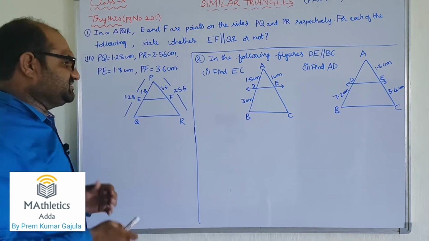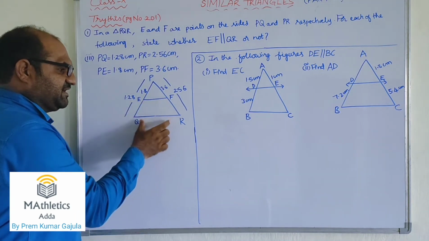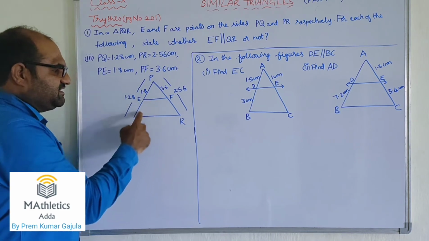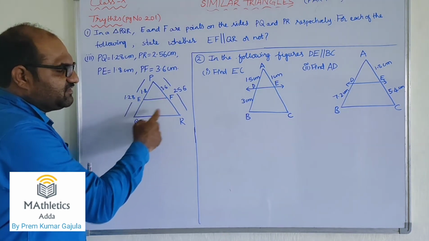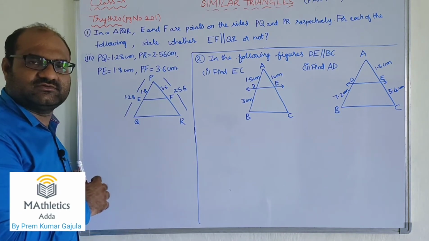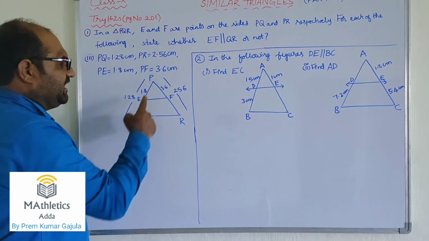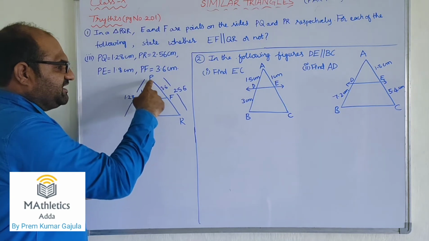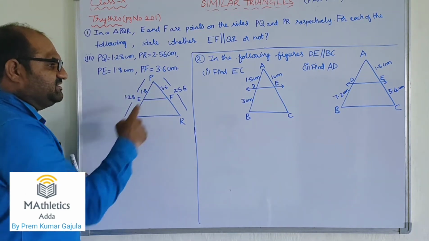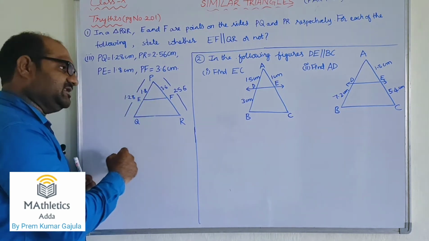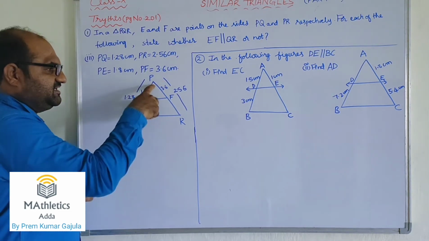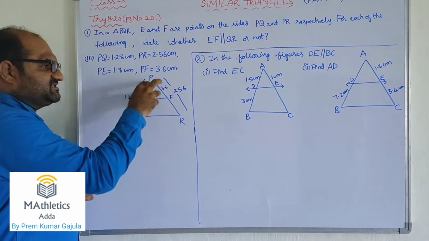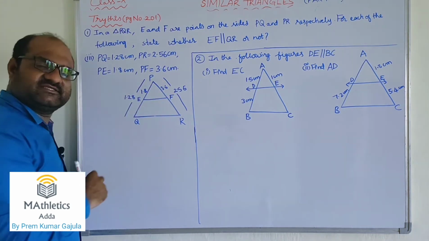So we have one more condition, that if this EF is parallel to this, then we will get these two angles equal. Why? Because they are corresponding angles. Similarly, these two angles will also be equal. Why? Because again they are also one corresponding pair of angles, and this is the common angle in this small triangle and the big triangle. So that means we can say that angle P is equal to angle P only. So these three angles are equal to these three angles. So that means this small triangle and this big triangle are similar.